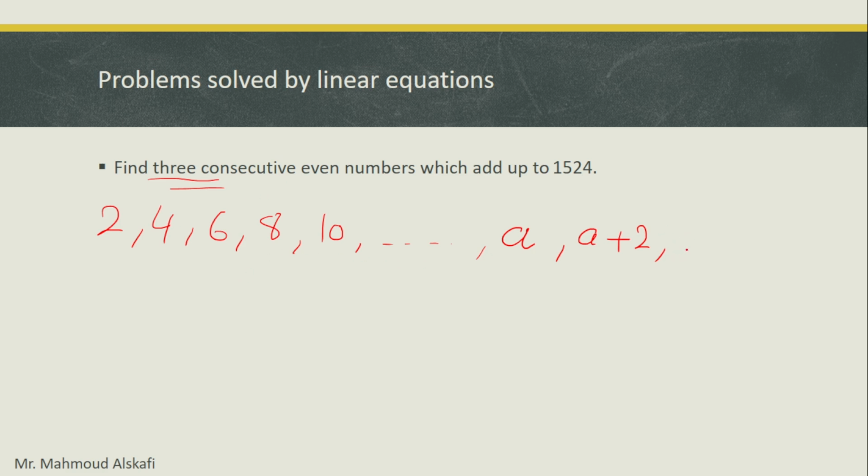After that, the third number should be A plus 2 plus 2, which is 4, so A plus 4. So this is the first number, this is the second number, and this is the third number. Now we need to make an equation to find the value of A. If we have the value of A, we can find the 3 consecutive numbers that add up to